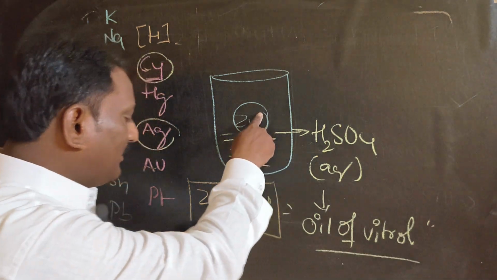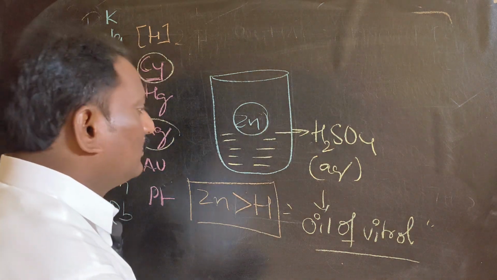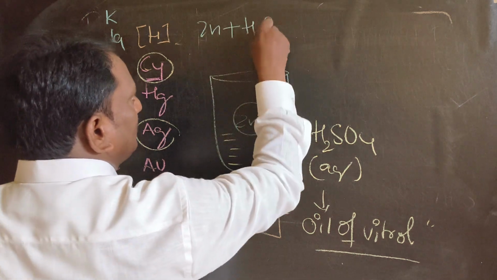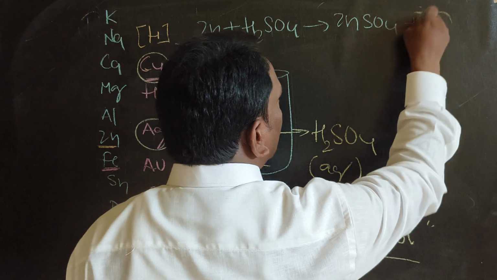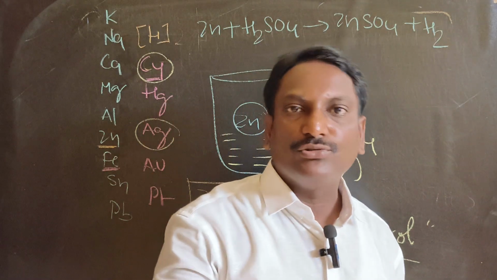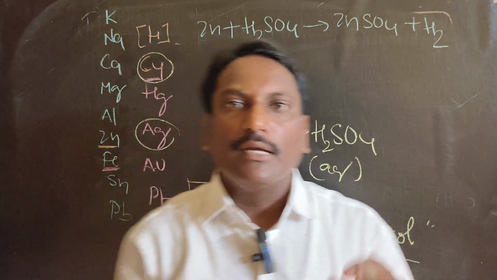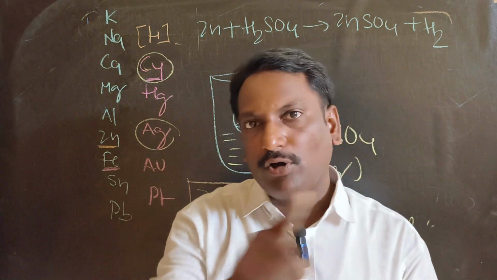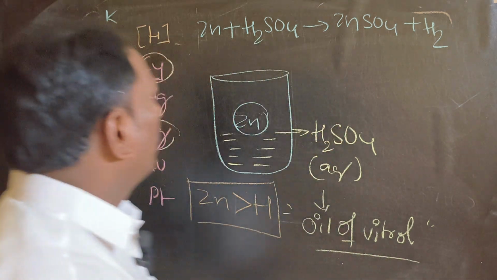Then zinc reacts with sulfuric acid and gives zinc sulfate and hydrogen gas. The reaction between acids and metals is also considered a displacement reaction because in acids hydrogen is replaced by the metal, then we get salt along with hydrogen gas. Okay? Right. Next,